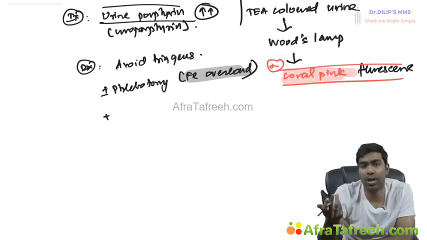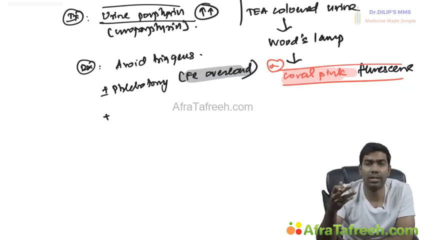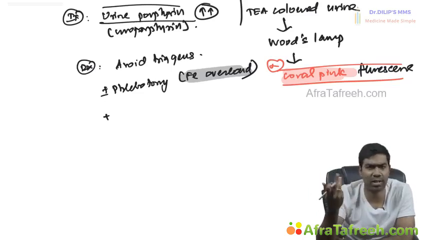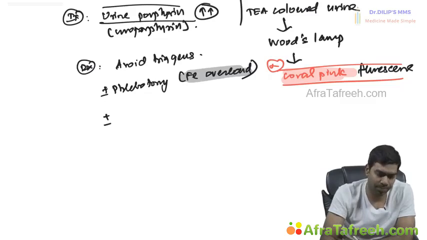Remember, the only way to remove iron from an adult patient who's not having any menstrual cycles is phlebotomy, or you have to give iron chelators. Some way you have to find. Here there is no need for iron chelators. You have to do only phlebotomy. And plus or minus, you can add hydroxychloroquine or